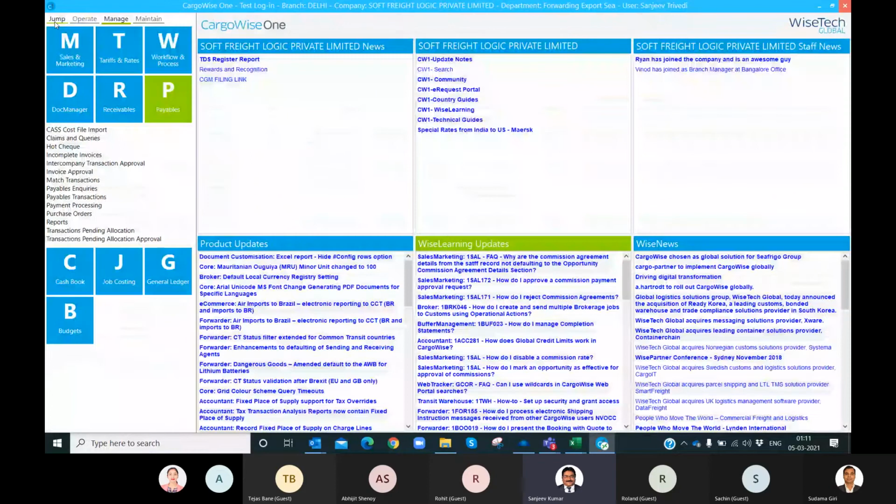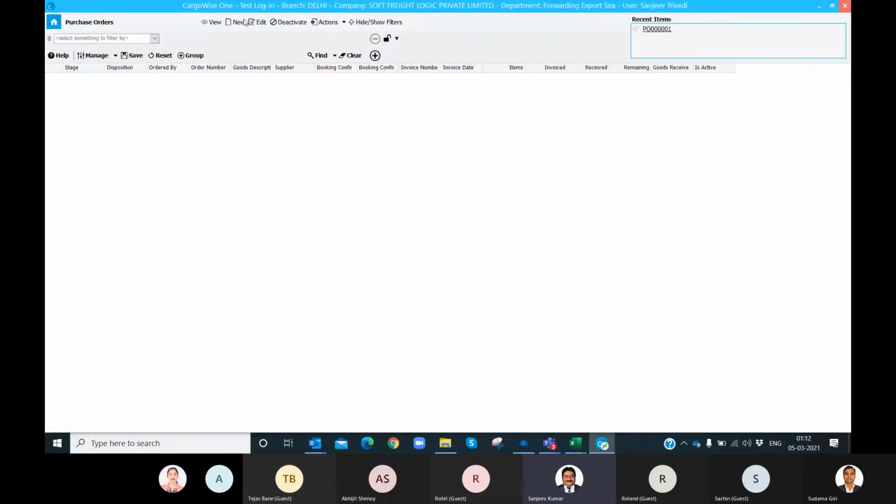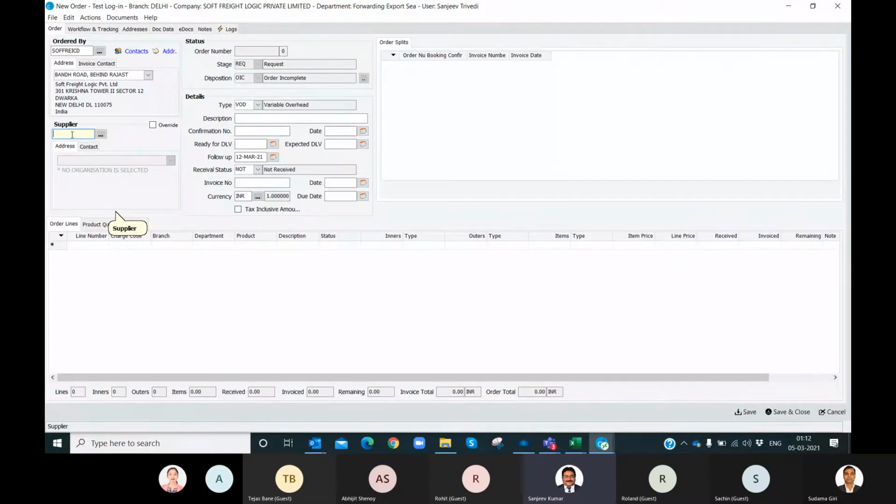So purchase order is also there inside the system. This is basically related to the vendor to whom we have certain agreement. We can put those details, like here supplier code, we have to put the organization proxy code here, and status and other details can be put here. Okay, purchase orders.